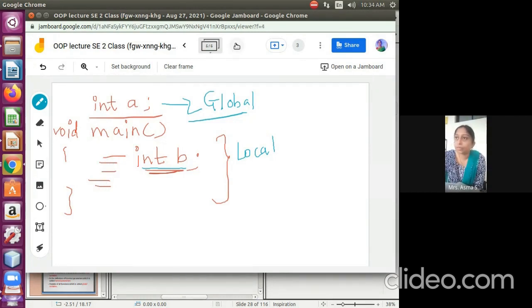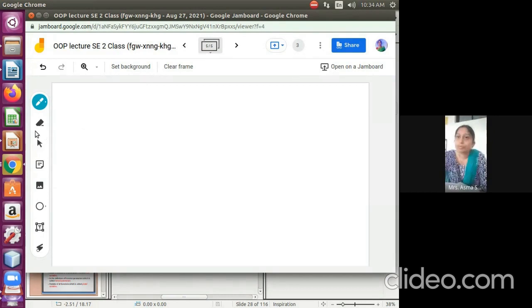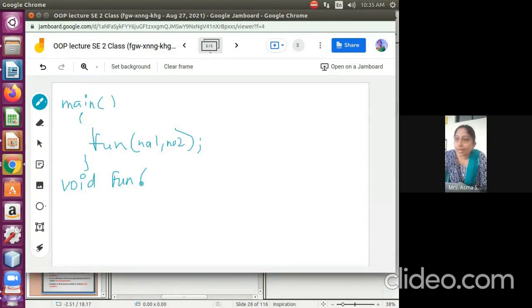Now we have a function. In the main program we have a function and we pass the value number 1, comma number 2. And when I call this function from the main, here I can have a void function and I pass integers. Instead of number 1, I can use any name, like n1 comma n2.